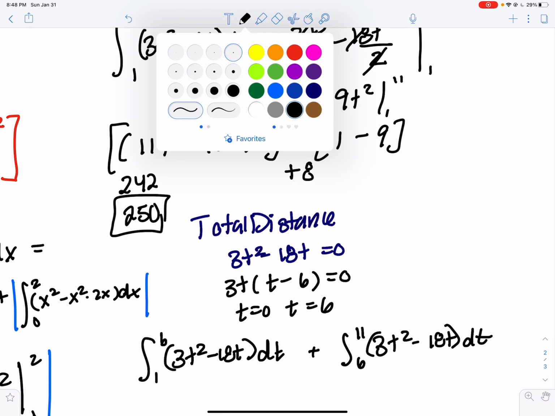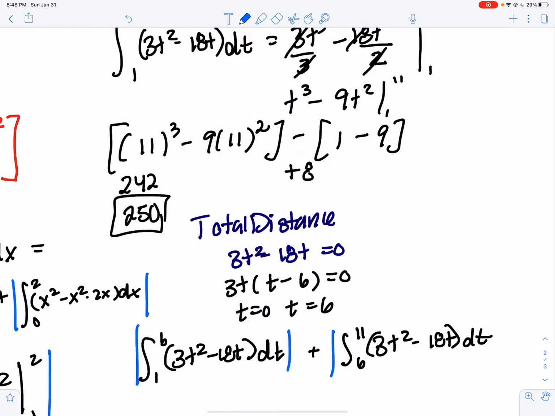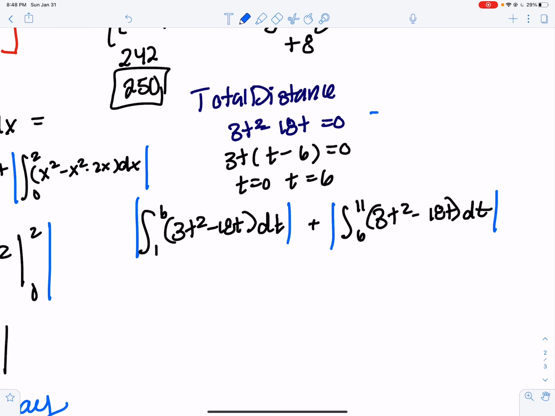And whatever I get, I need to make sure I take the absolute value. Okay. Another strategy is to look at 0 and 6 and then test v of t to see if it's going to be positive or negative before, in between, or after. So for example,